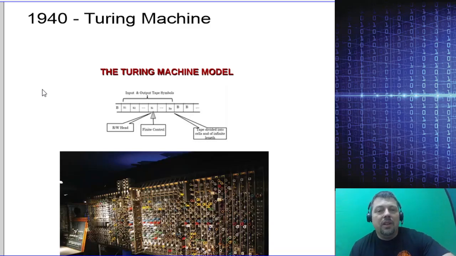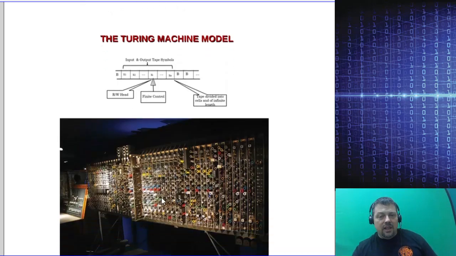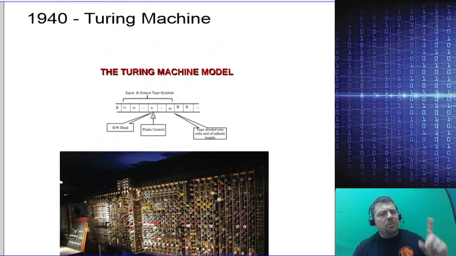And the first application of the Turing machine is really fascinating. This was a vacuum tube based device. All computers run on ones and zeros. They have a binary code at the CPU level. And so the vacuum tubes either had a vacuum or they didn't. So that's a one or a zero.